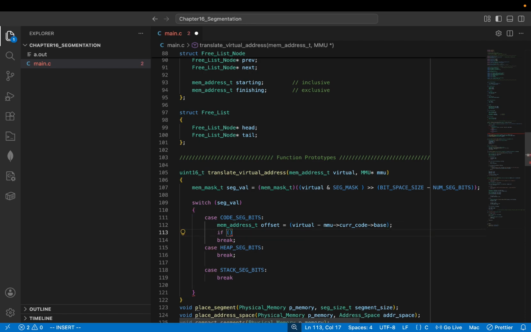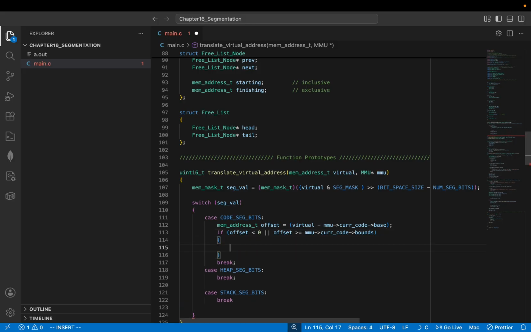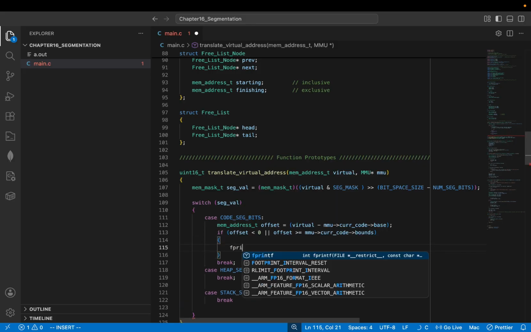If the offset is less than 0, or the offset is greater than or equal to the MMU current code bounds register, so this is us making sure that it's within the right limits, then printf